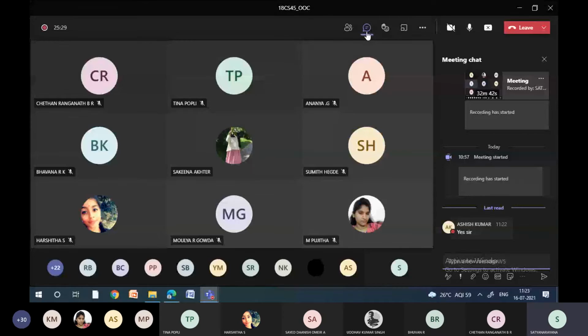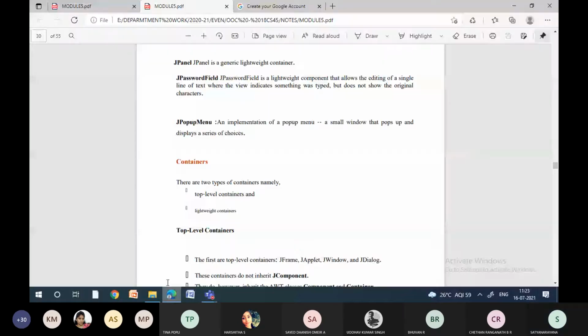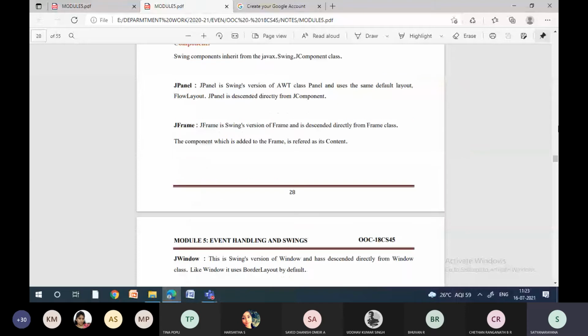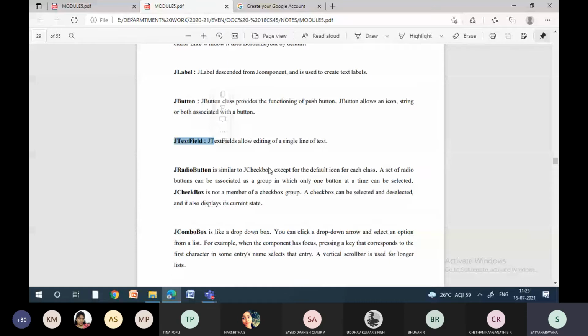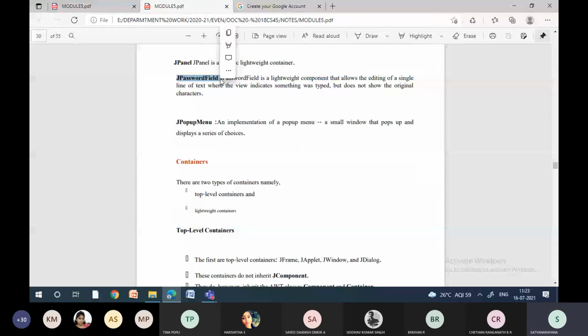Okay. All right. See, what I'm asking is, when we are creating a text field, we can use the same text field for the password field also. But why do we need to create a separate password field? What is the difference between text field and password field? I'm talking about the text field, right? First, we have seen the text field. There is an option called text field where you can enter one line of text. Same thing I can use for the password field also. But why am I not using that? Why am I going for the separate password field? What is the purpose of password field?